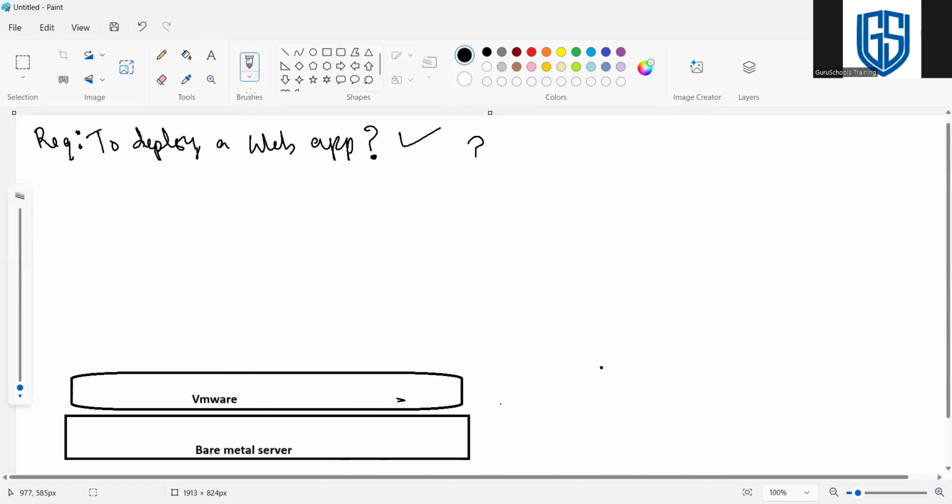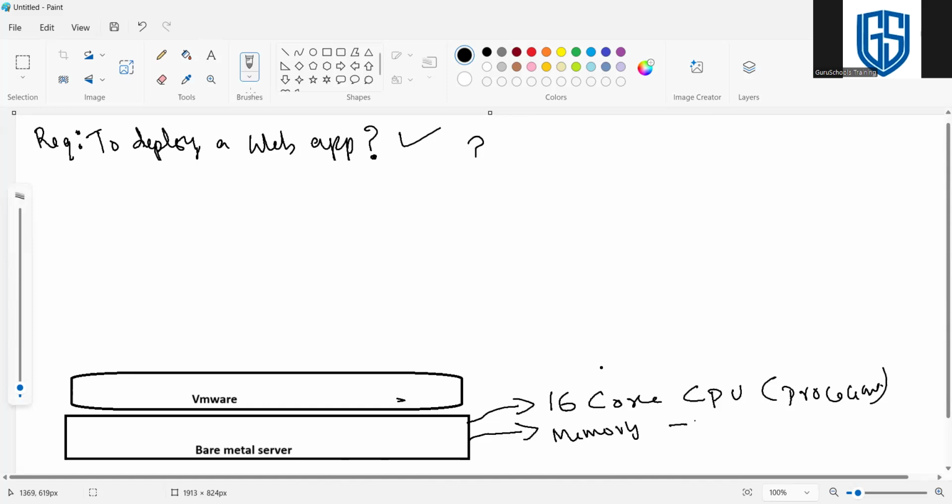Coming to the bare metal, I will explain the bare metal configuration. This bare metal has 16 core CPU power, that means processor. Then coming to memory, it comes to 128 GB RAM.